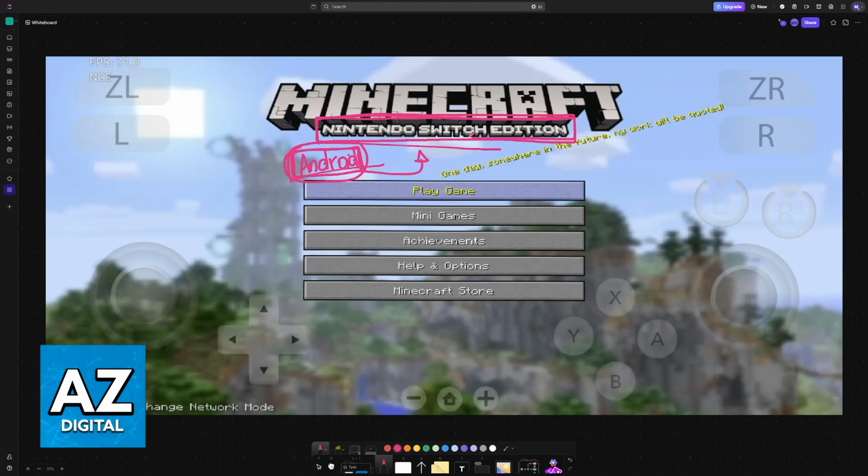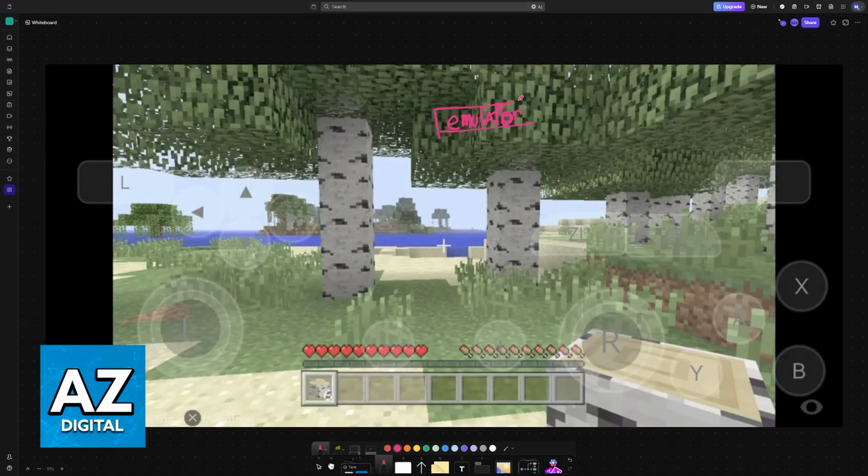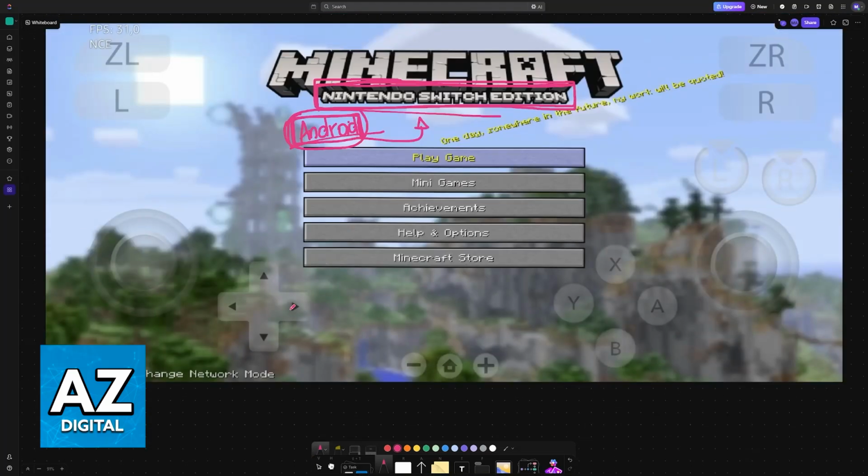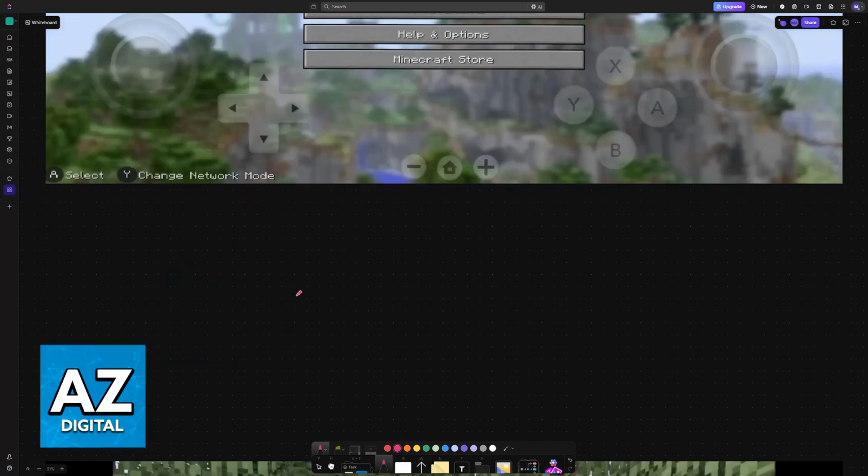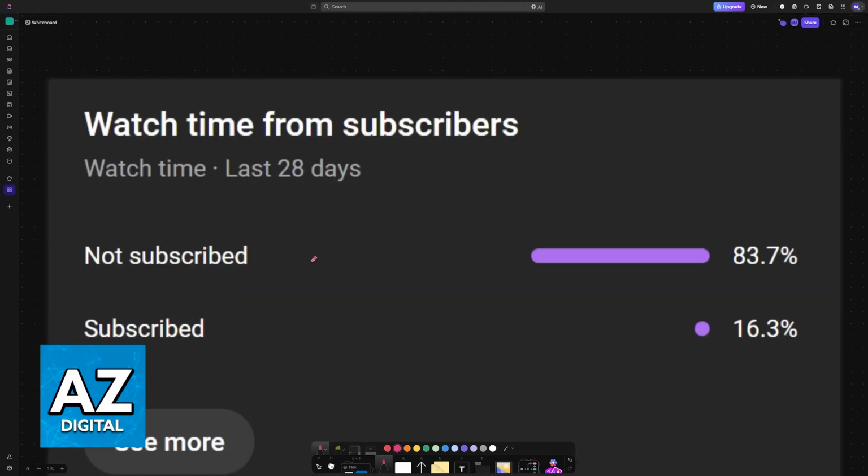So after you have the necessary files for the game, you just place them on the emulator and run it on your Android device. You will have all of the controls here in the form of touchscreen controls, and as you can clearly tell, this is not Bedrock Edition, this is the actual Legacy Console Edition. But like I said before, it is difficult because you will need to extract the game files and use an emulator. So I hope I was able to help you.